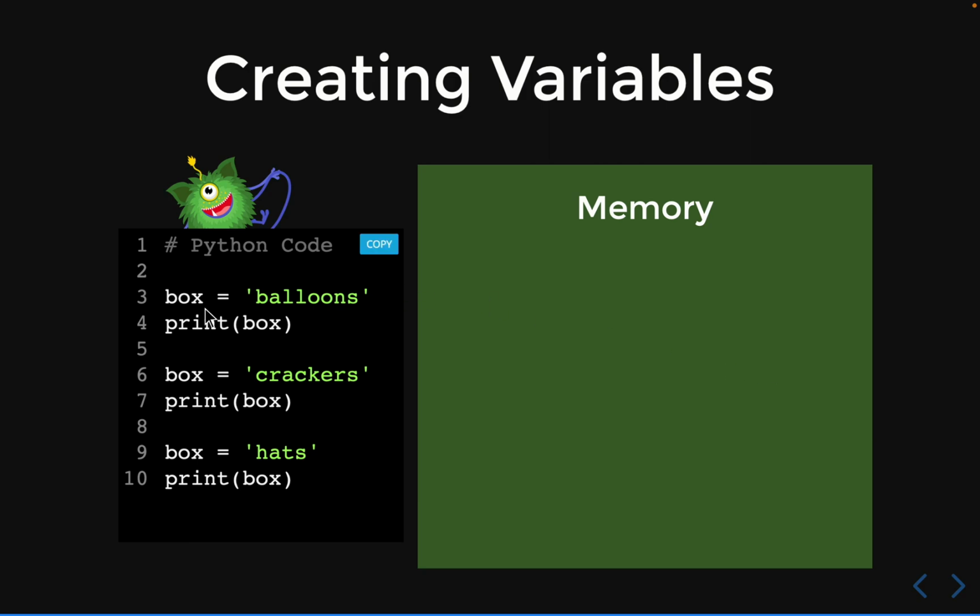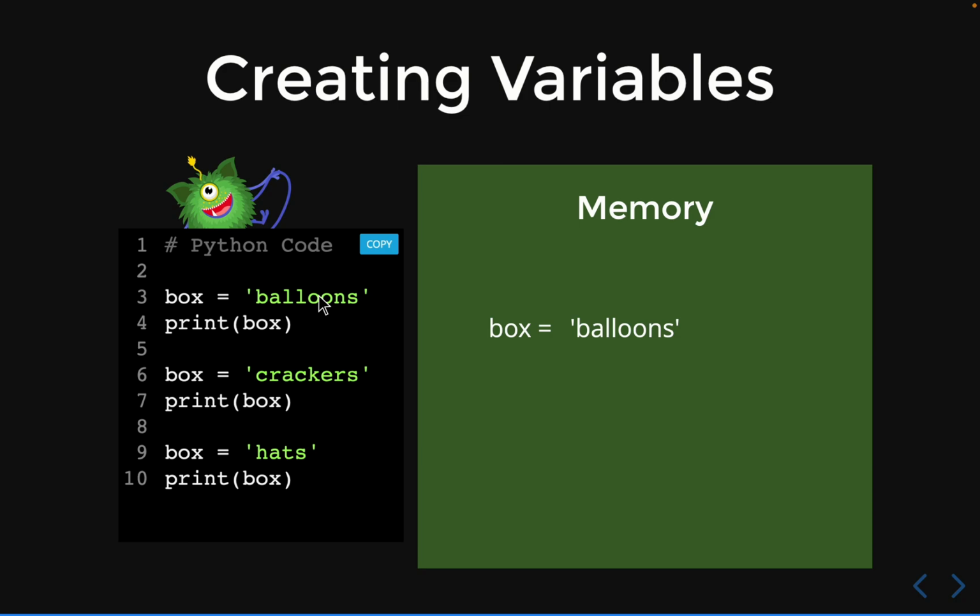Python would read all of your source code, and as soon as it comes across this line, box is equal to balloons, Python is going to create a variable called box inside the memory, and Python would look at the right hand side and find balloons. So it's going to assign the value of balloons to the box, and all of these things are happening inside the memory. So on the next line, when you are trying to print out box, you get the output as